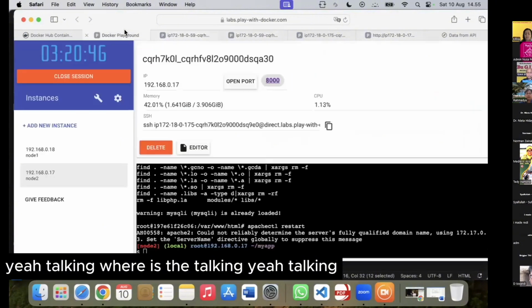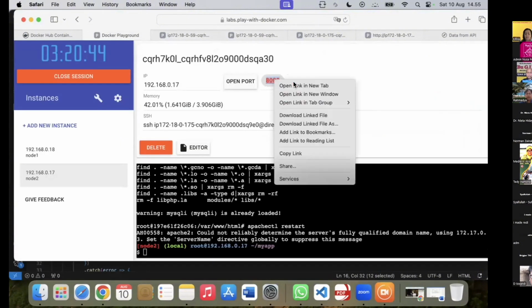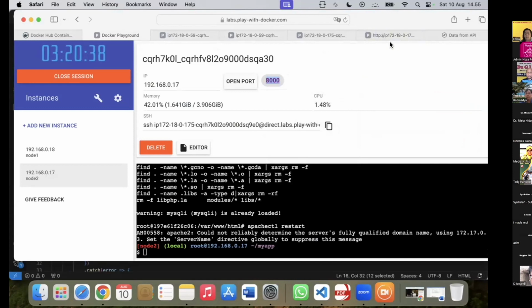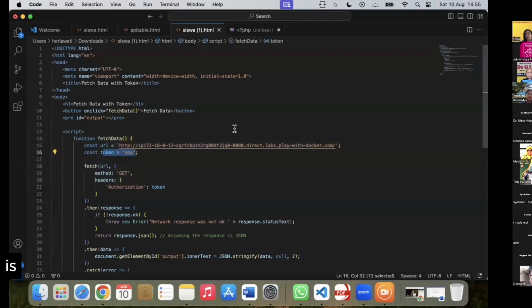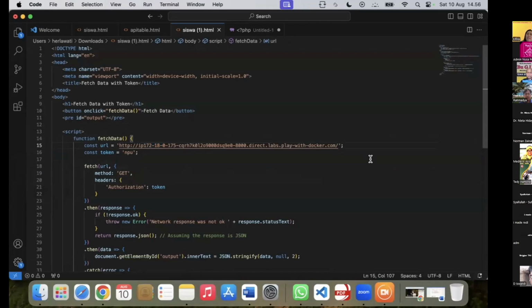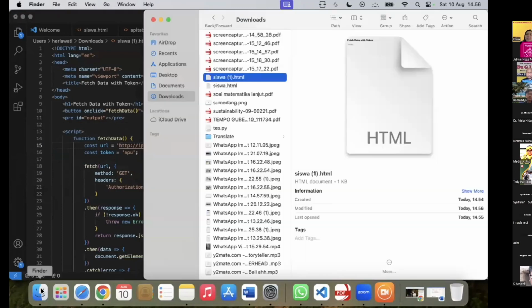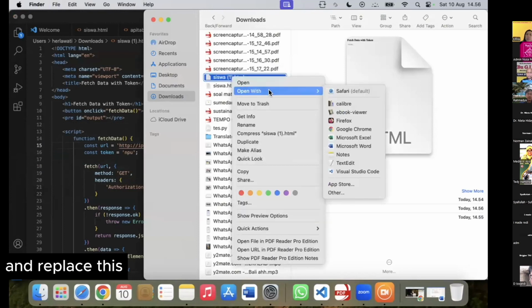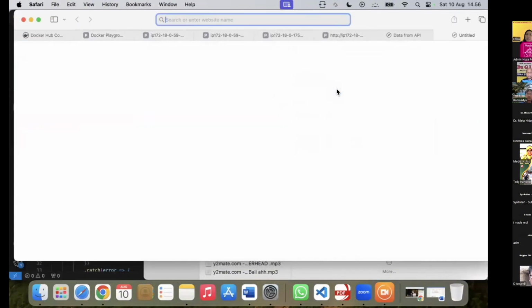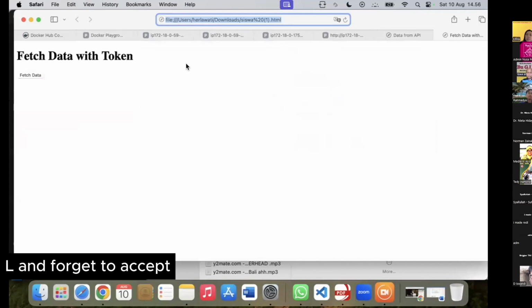Where is the token? Here, the token. Okay, we copy it again from the private Docker here, and yes, copy and replace this API URL, and don't forget to save.